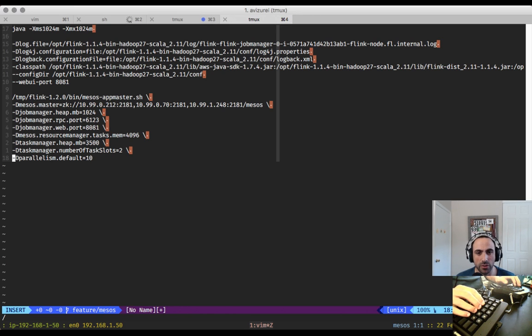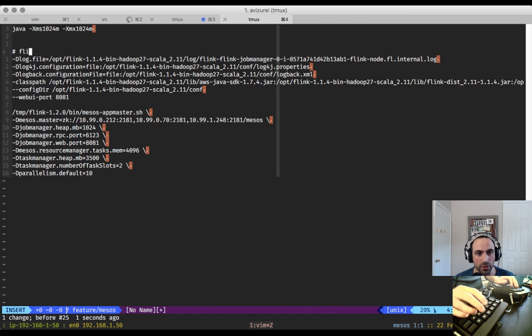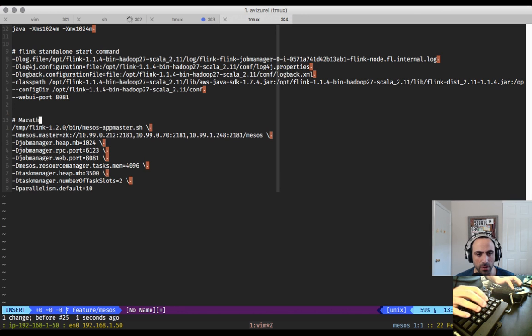So this is, let's remove this. So this is the Flink standalone mode start command. And then this one is the marathon start command. And when you execute this one,